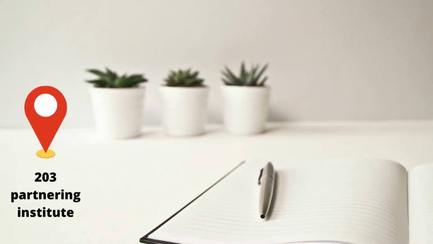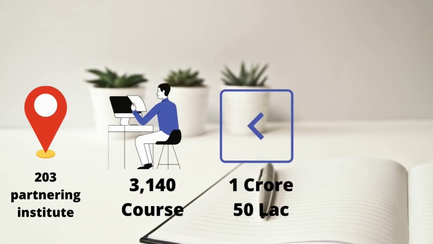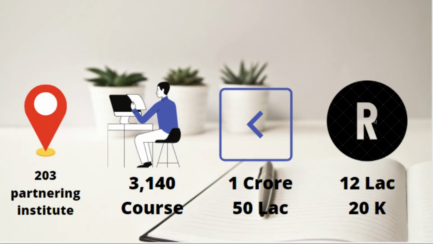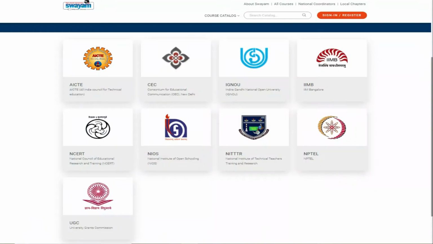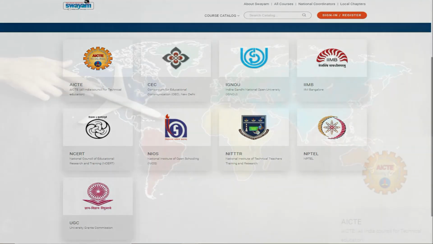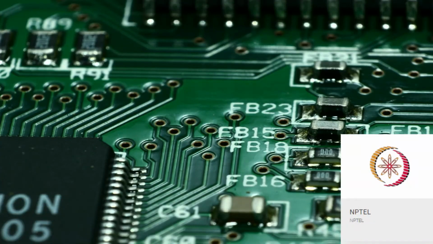There are 203 partnering institutes. 3,140 courses completed. Overall 1.50 crore students enrolled in courses. 12,20,000 exam registrations done, and lastly, 6,54,664 have successfully been certified. There are 9 national coordinators, that is AICTE for self-paced and international courses, NPTEL for